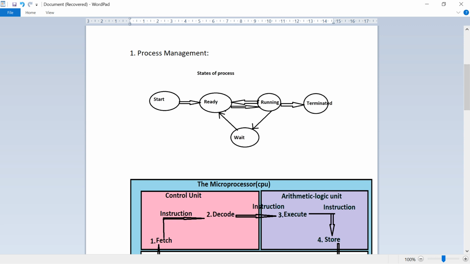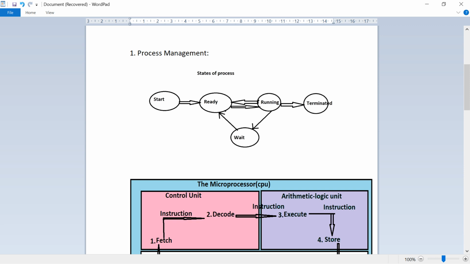Next state, ready state. When the process is ready, after wait, running. Then third one is running state. Process being executed by the CPU. In the waiting state, the process waits for some resources, whatever I told just a few minutes back.